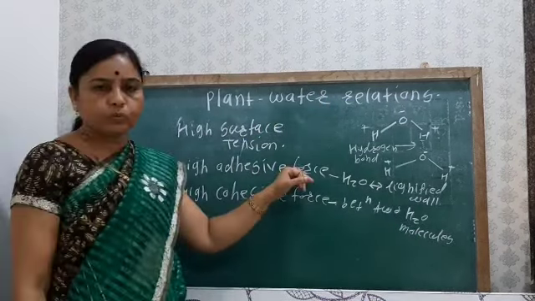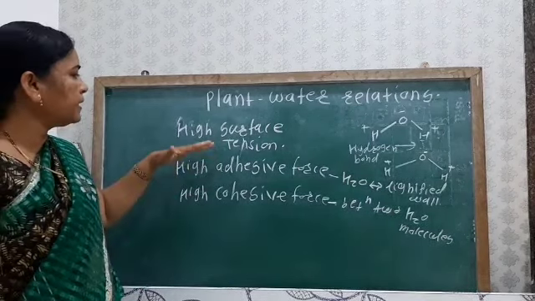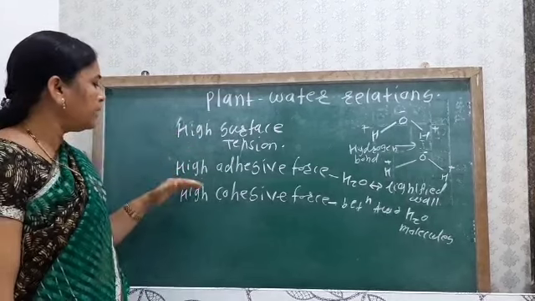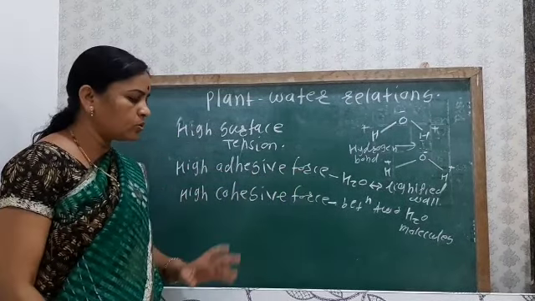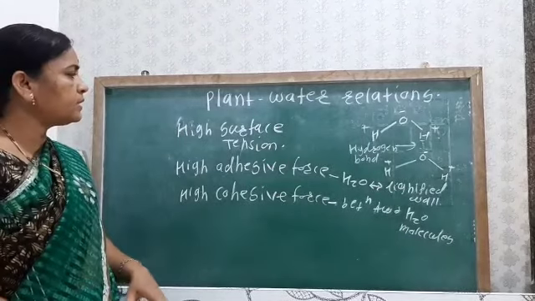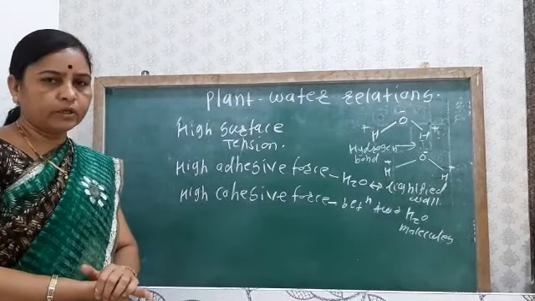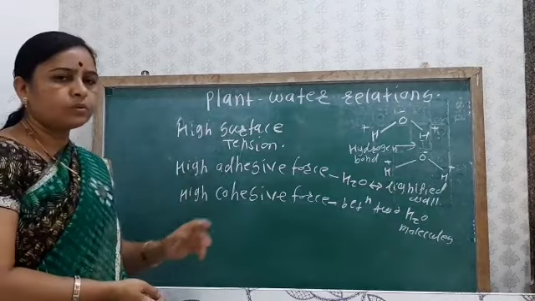Okay, so here the movement of the water mainly takes place due to the adhesion and the cohesion. In this topic we are also going to see how the adhesion and cohesive force take place. There is one theory, the cohesive adhesive theory. Okay, we can see that next time. So first we only see the physical process: there is the high surface tension in the water, and then water shows the adhesive force and also the cohesive force. Okay, so these are some properties of the water that we have seen.